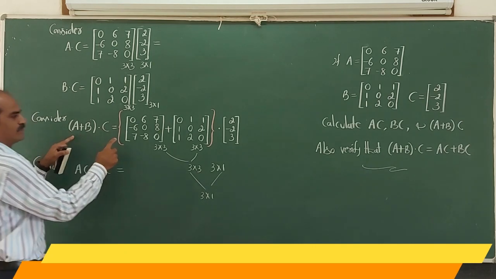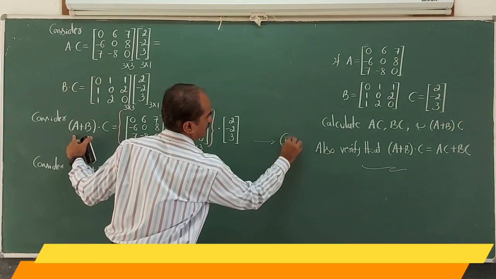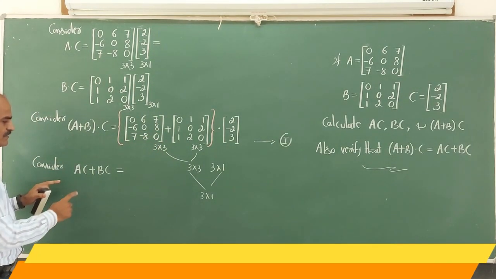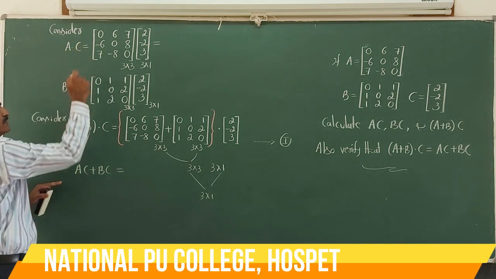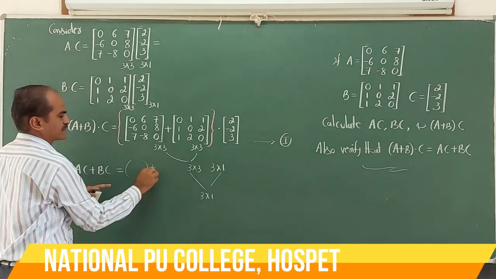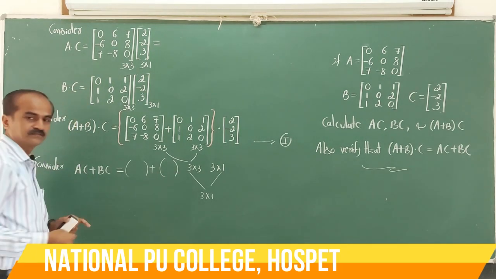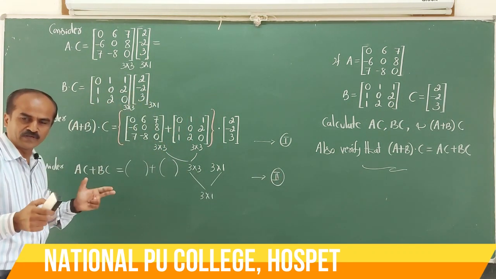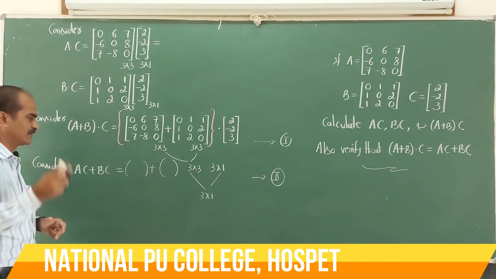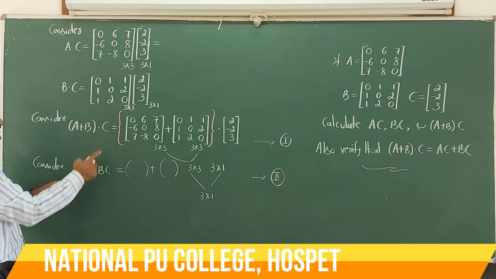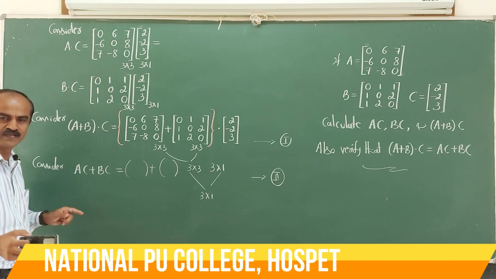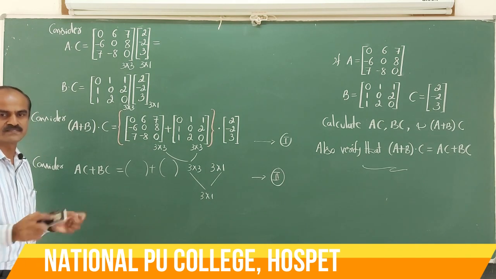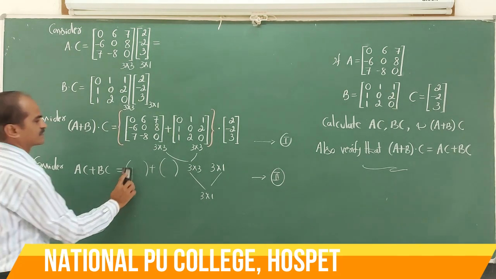So now we will mark this as equation 1. It is LHS, (A plus B) times C. Then on the RHS of the verification, I need AC plus BC. Here we determine AC and BC. Write those two matrices here. Add them. You are going to get again a 3 by 1 matrix. Now we will mark that equation as 2. If the RHS of 1 and 2 are found to be one and the same matrix, then I can write (A plus B) times C is the same as AC plus BC, and hence the verification. So this is the procedure of answering this question. Again, in the board exam it carries 5 marks. Now let us answer one by one.